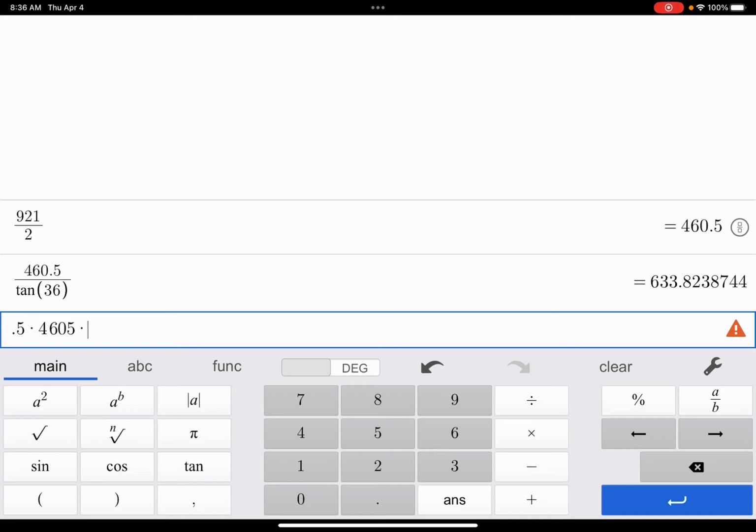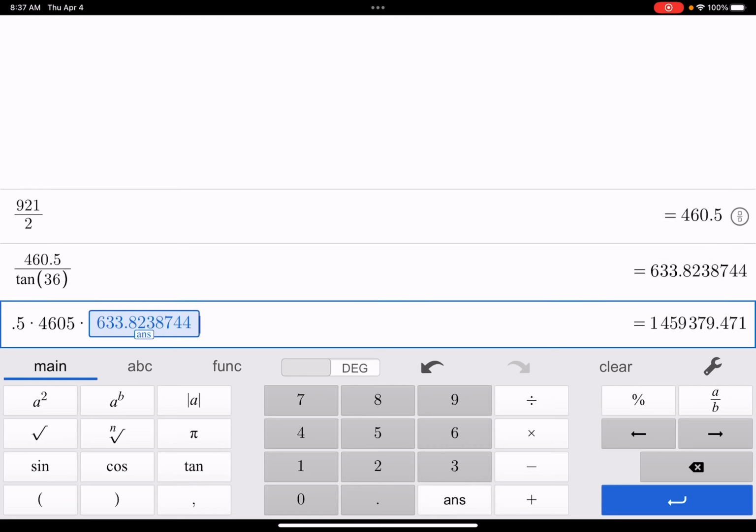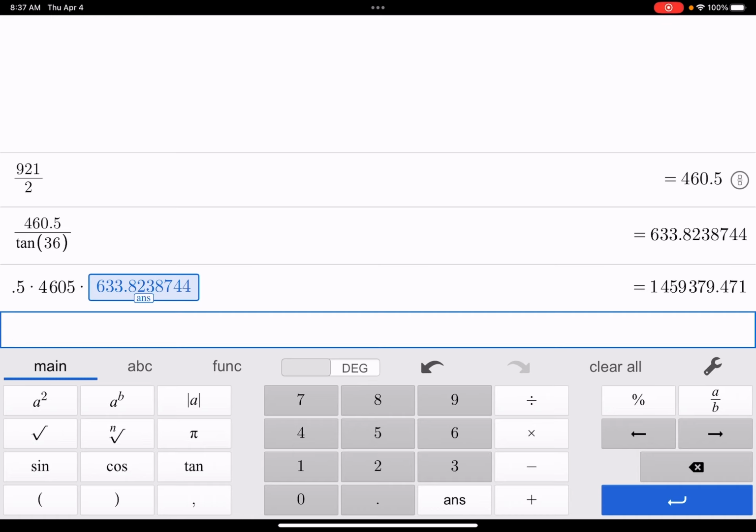And what that will do is automatically copy and paste that ugly 633.82387744, and it'll do that both faster and more accurately than typing it in by hand. Now for me, if you guys are looking at my screen here, I've got this ANS button right underneath my 3. So when I hit this, that gives me the previous answer. And okay, what we have right here then, guys, is the most accurate possible way that we could come up with the answer to this